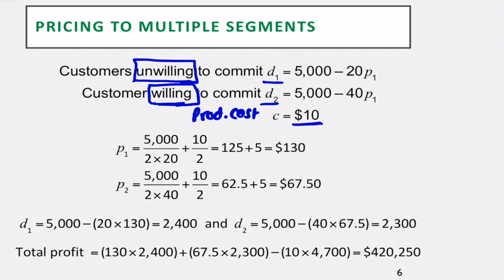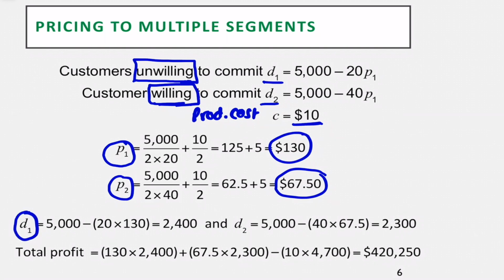So using the formula in the previous slide, we can calculate P1 and P2, the price for customer segment 1 and the price for customer segment 2. And using these two numbers, we can also calculate demand from the first segment of customers, which comes to 2,400, and demand from the second segment of customers, which comes to 2,300. And using this, we can calculate total profit, which comes to